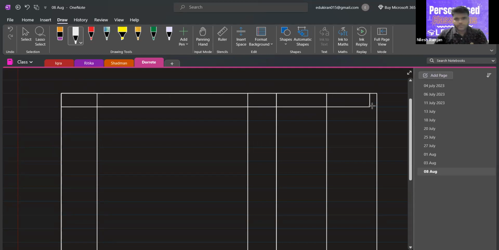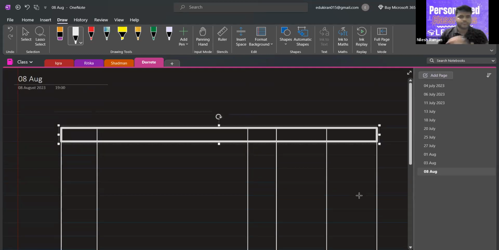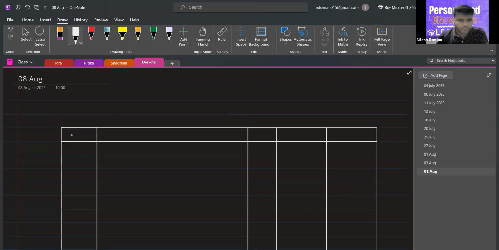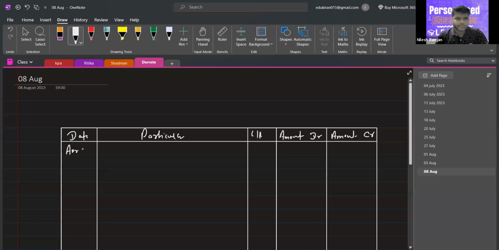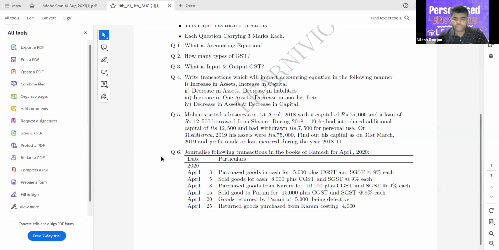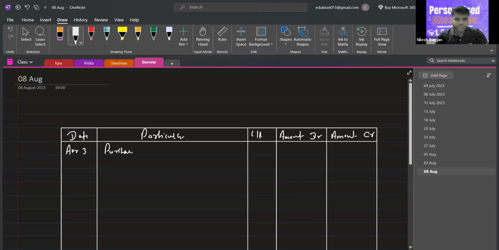Okay, so this is our format: Date, particular, LF, amount. So what is the first entry? April 3. It is purchase goods in cash for 5,000. Okay. So the entry will be purchase account debit,